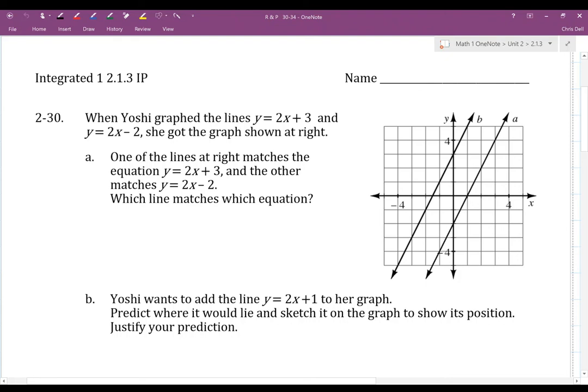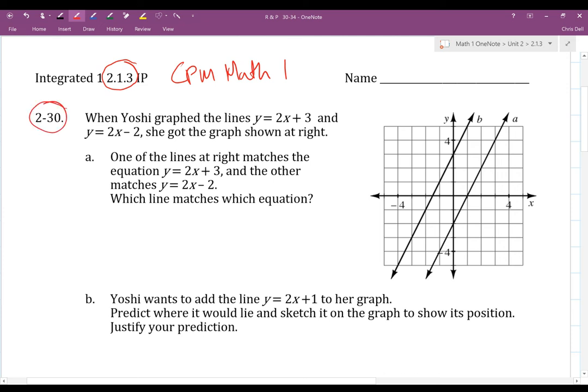Hey, we are looking at a problem that has to do with looking at equations of lines and the graphs of those lines and doing some predictions and matching and some little knowledge around slope and y-intercept. So let's dive into this. This is something that is coming from CPM's Integrated Math 1, and this is section